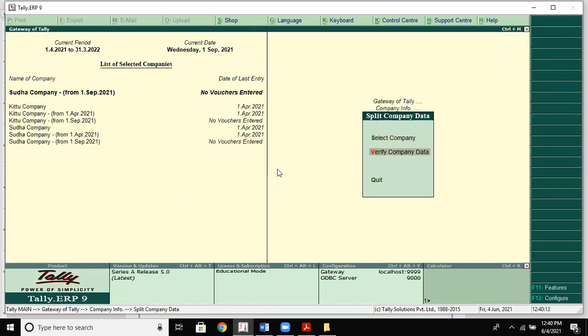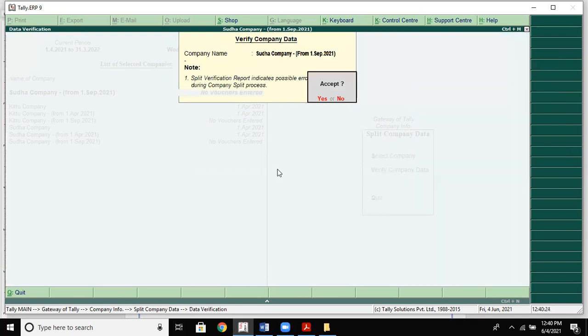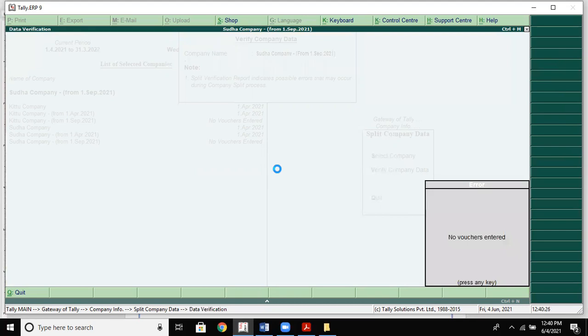Verify company data, enter. Here it will tell you the split verification report, which indicates possible errors that may occur during the company split process. Yes. Now vouchers are entered.